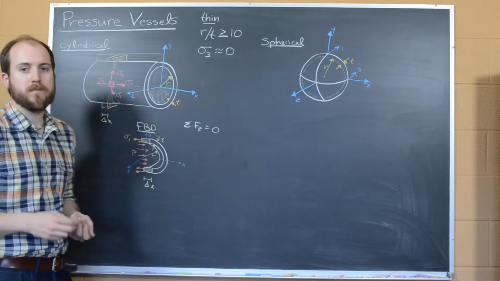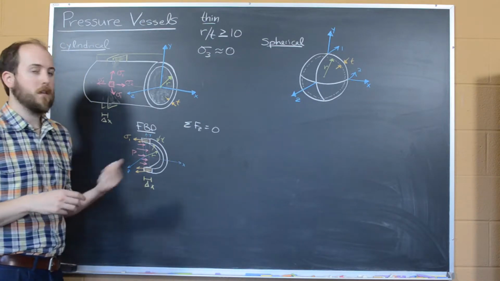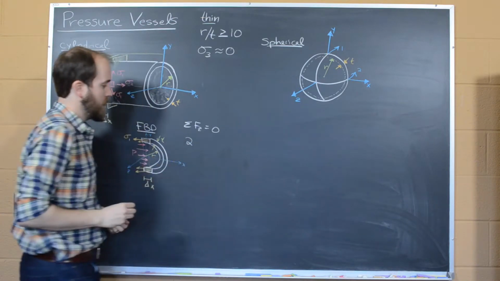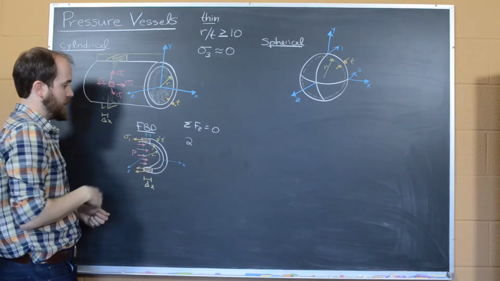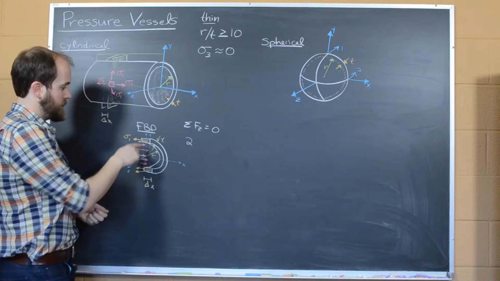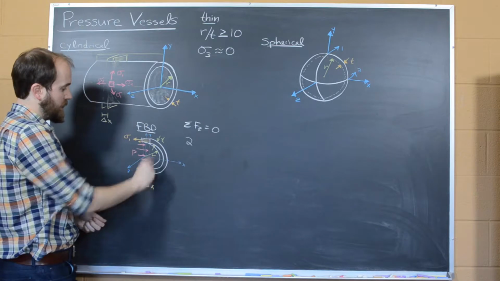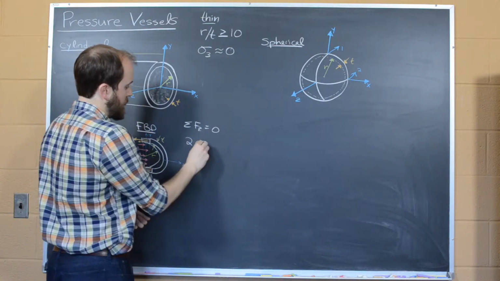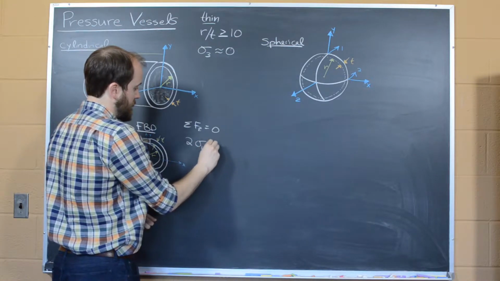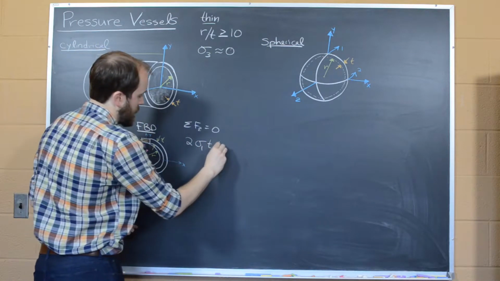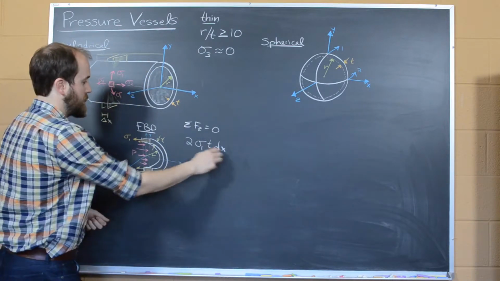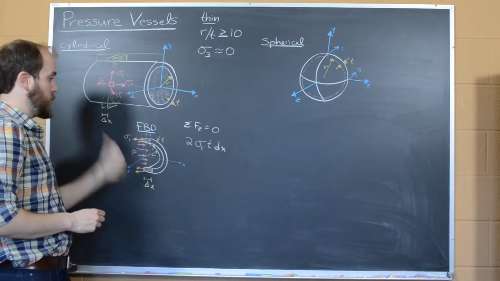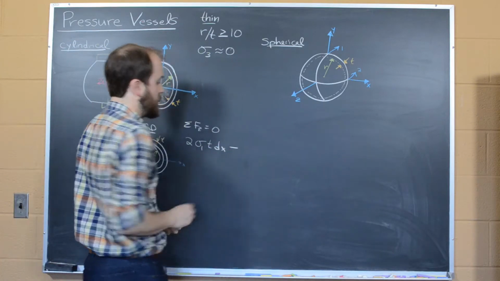them equal to 0. And so what this looks like is we need to get our forces here. And so we have two different planes. So we have 2 times the force acting on those planes, and that force is going to be the stress times the area. The area is simply delta x times t, and so what you end up with is that 2 times sigma 1 times the thickness times delta x, and so this is our first force, and that's acting in the positive z direction, which is out of the board, and we're going to subtract off the pressure term,